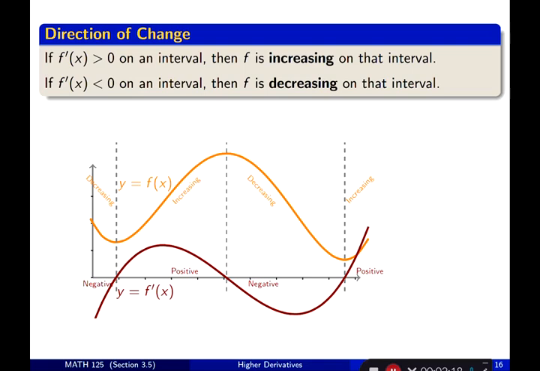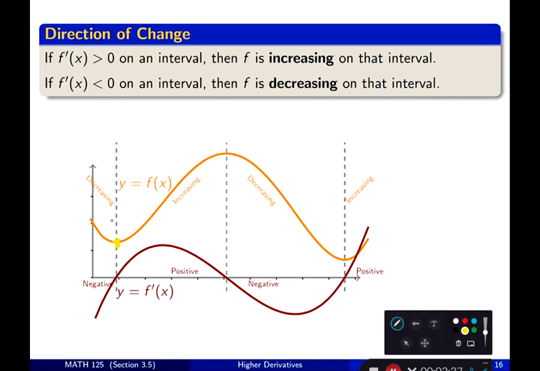Now, looking at this, when you're looking at function y equal to f of x, and it's increasing, let's say between these 2 points, it means for the derivative, this is f prime of x in dark red, and orange is the f of x. F prime of x is supposed to be above the x-axis for that part,